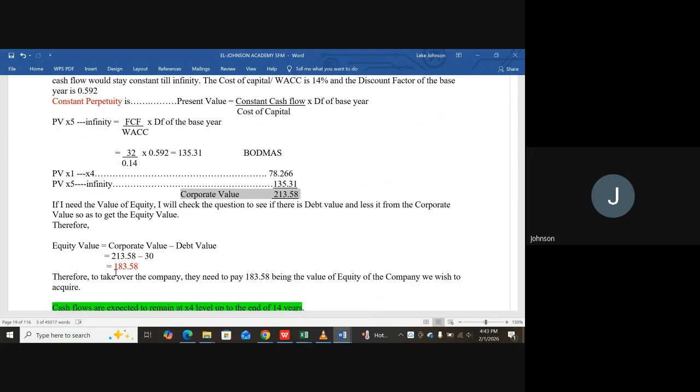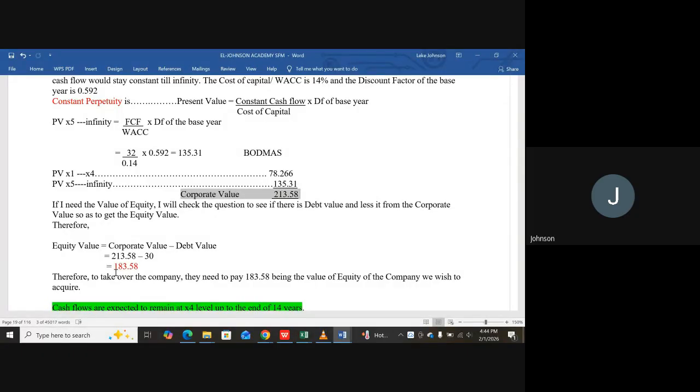But if you want to get the corporate value or the debt value or the equity value, after you've discounted your free cash flow to present value, you multiply it by the weighted average cost of capital, if you are trying to get the value of the company in total. But if you are trying to get the value of only the equity, get the free cash flow to equity alone,